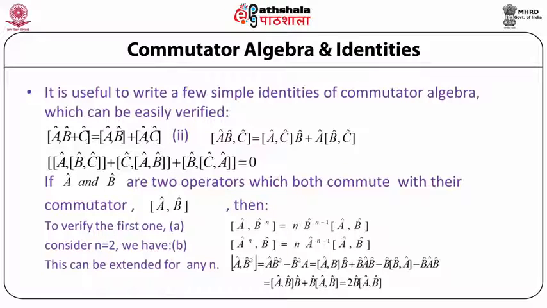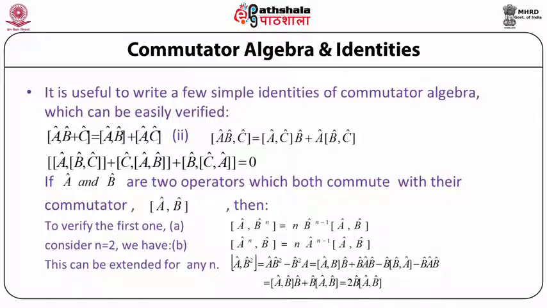So if we open up each of the three terms on the left hand side within brackets and solve for the commutator relation, we will see that all the terms cancel out. So in this manner, we see that the commutator relation is cyclical. Now, if operator A and operator B are two operators which